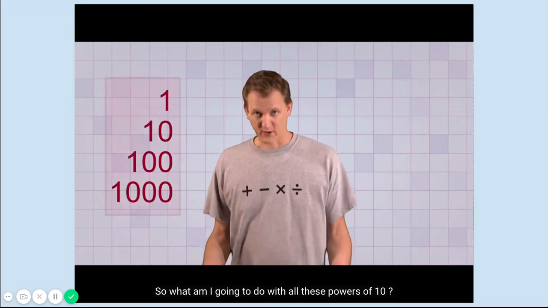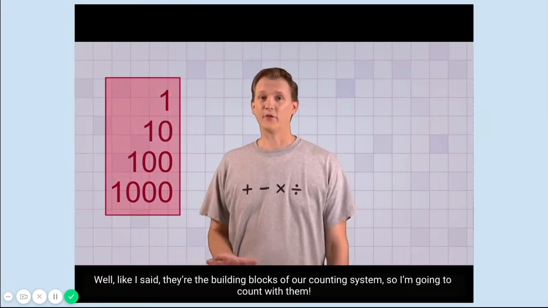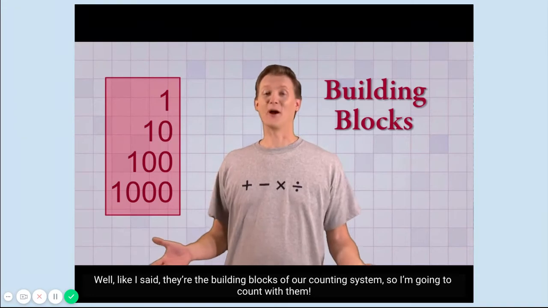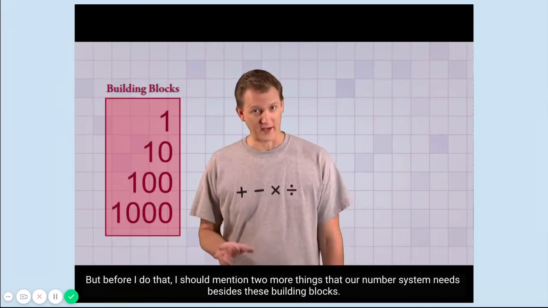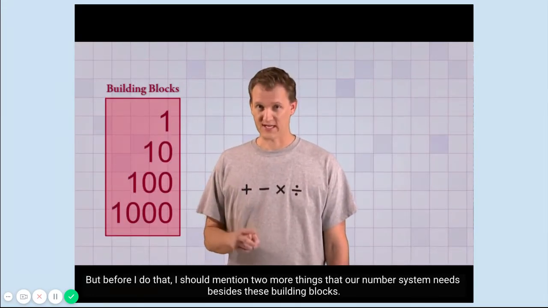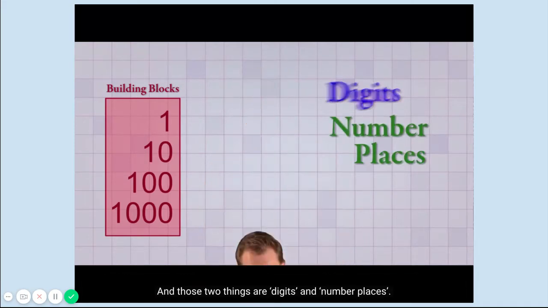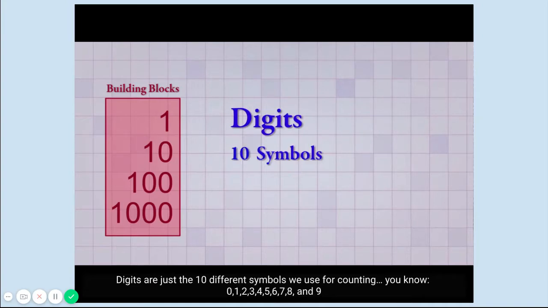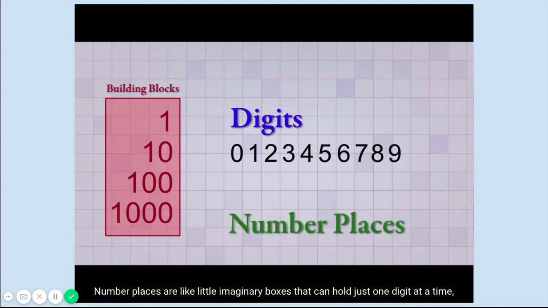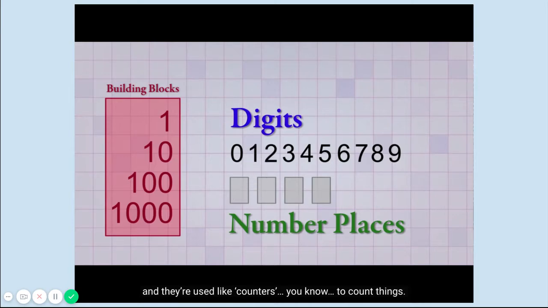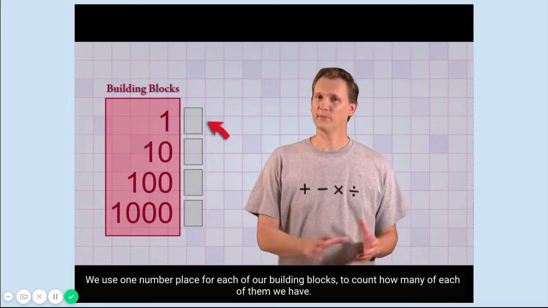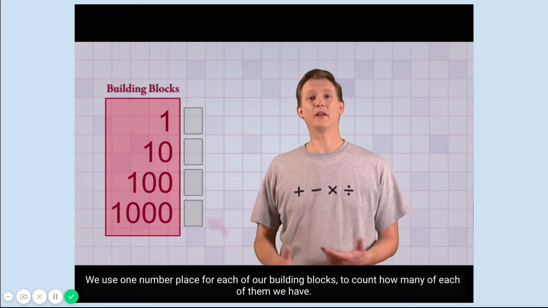So what am I going to do with all these powers of 10? Well, like I said, they're the building blocks of our counting system. So I'm going to count with them. But before I do that, I should mention 2 more things that our number system needs besides these building blocks. And those 2 things are digits and number places. Digits are just the 10 different symbols we use for counting. You know, 0, 1, 2, 3, 4, 5, 6, 7, 8, and 9. Number places are like little imaginary boxes that can hold just 1 digit at a time. And they're used like counters, to count things. We use 1 number place for each of our building blocks to count how many of each of them we